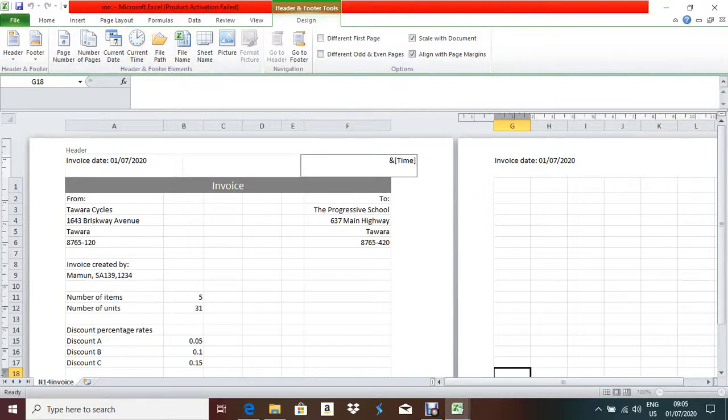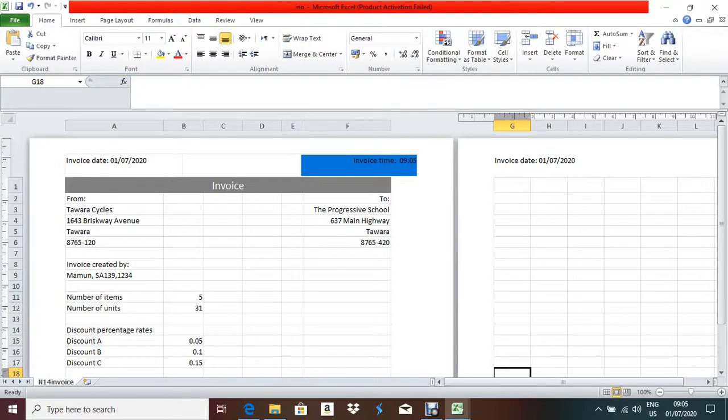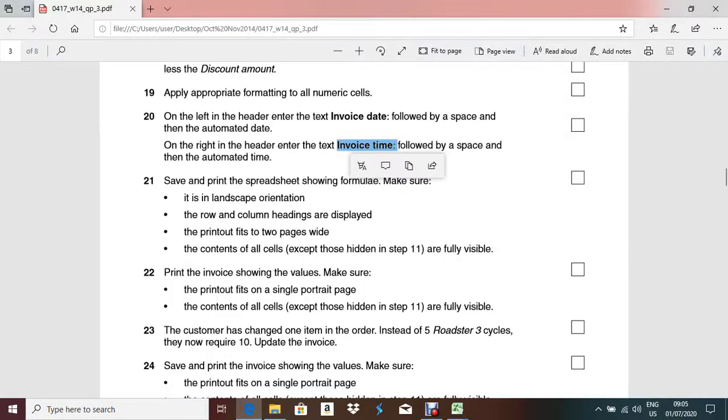Before that you have to type this one, invoice time, giving space and then current time. Okay, now if you click outside it will show you the time 9:05. It's morning 9:05, that's why it is showing like this. Now my laptop also shows 9:05. So this is done.